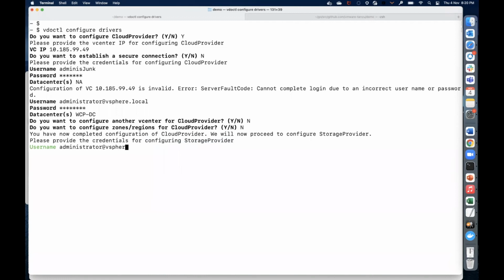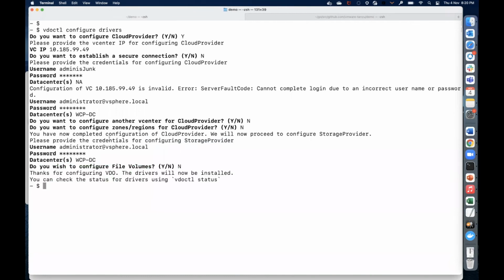Again, you give the user credentials for the storage provider. Here, if you have configured multiple cloud providers, you will get an option to choose which VC you want to configure the storage for. Once it's there, you will get an option to configure the file volumes. Once you complete this step, the video has been configured, and eventually the CSI and CPI drivers will be